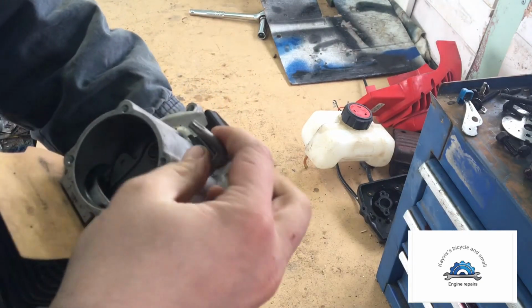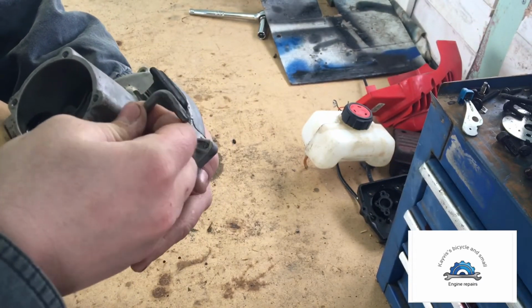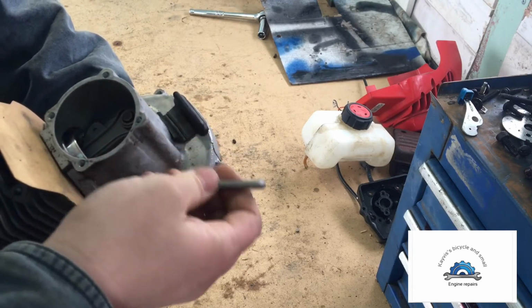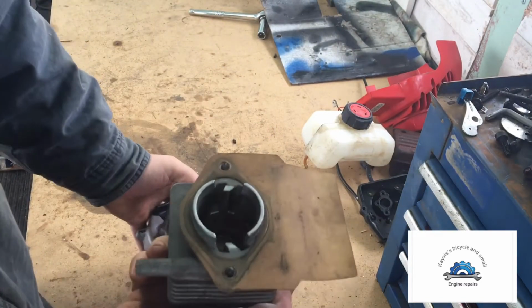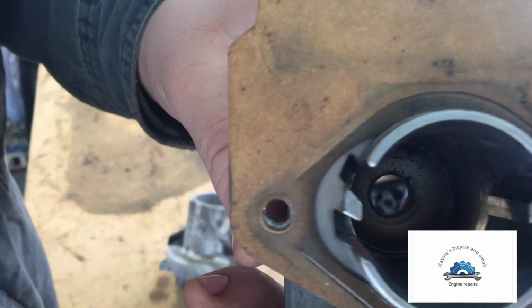So we're going to get this head off here, which is just one more bolt. And then what's going to happen is a piston will come out, and then we got to pop the piston off. Okay. There we go. And now, looking down in here,